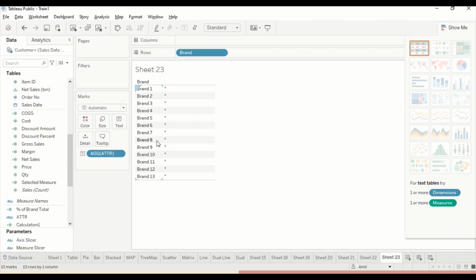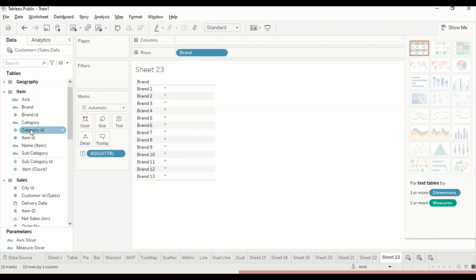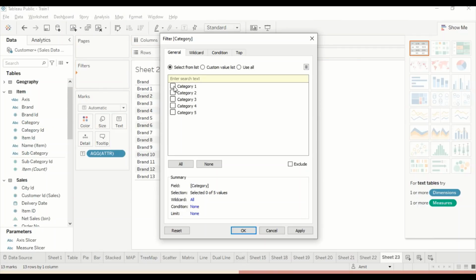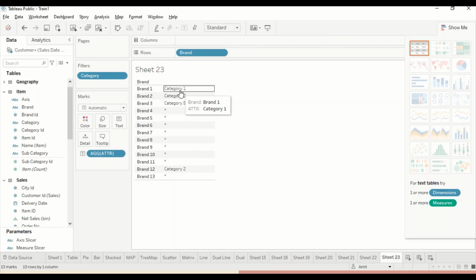So now once we remove it, you see everything else, because all the brands have more than one category. But if you have noticed carefully, there were two or three brands where category 4 was also there along with other categories. So what I can do here is actually remove this category 4, and now I can select it. So now there should be at least a few of them which have a single category. So category 1, category 2, category 5 and category 2 are available. So brand 1, 2 and 3 and brand 12 have only a single category. Now if I exclude category 4 at runtime, using the filter, I get this result. Now this is the one use.